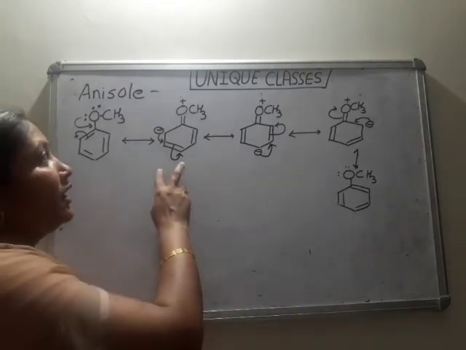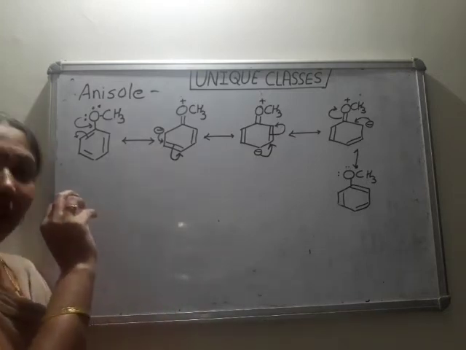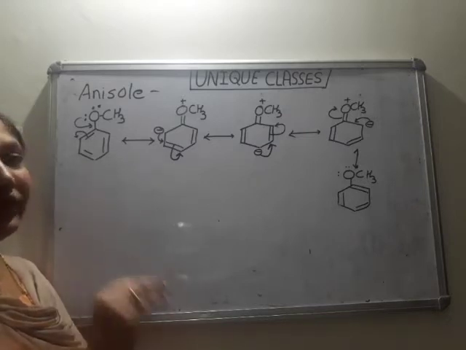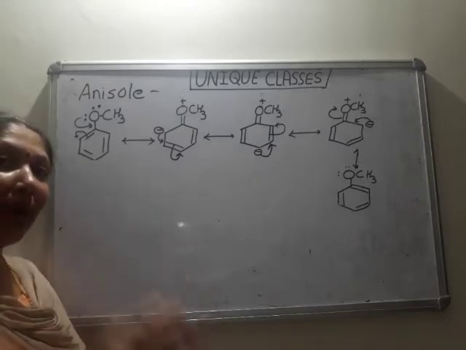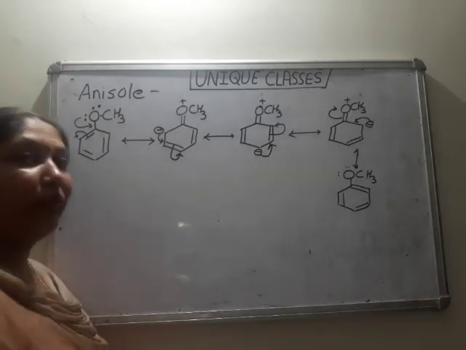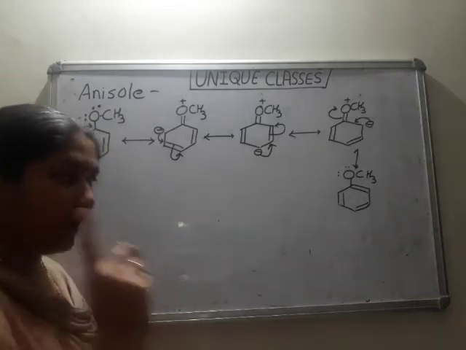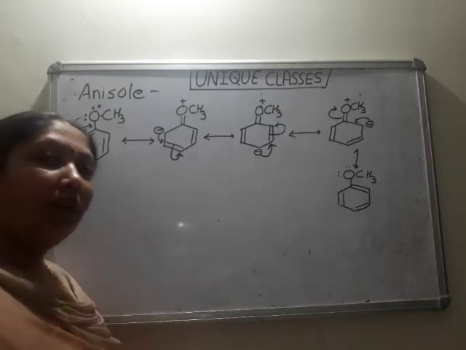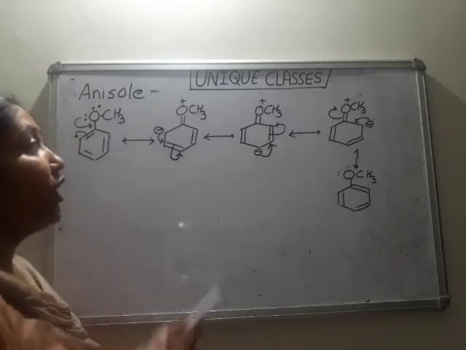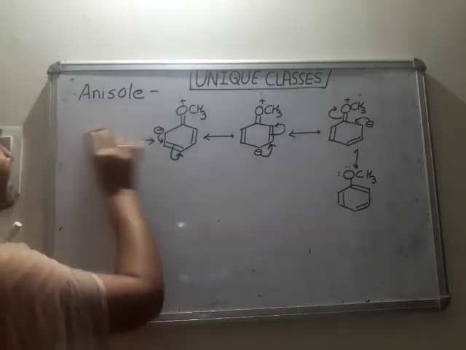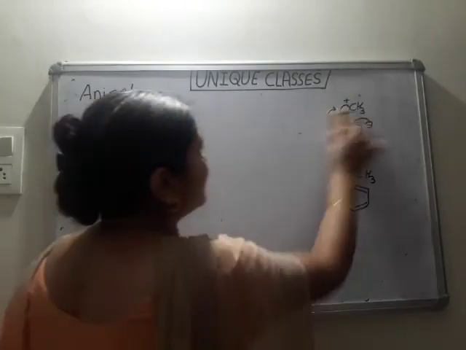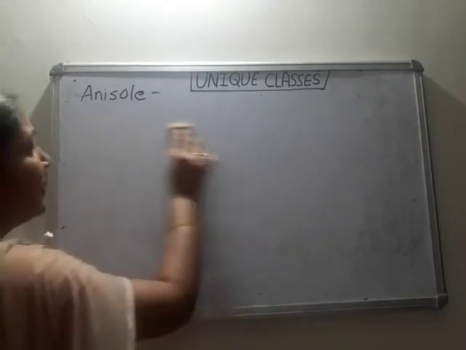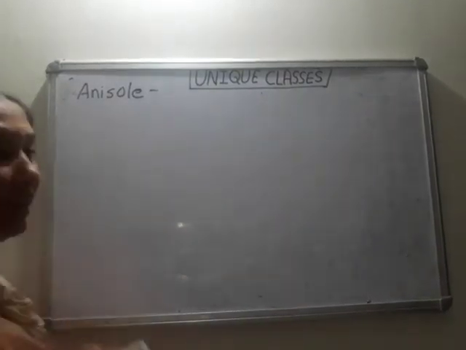So OCH3 in anisole is ortho-para directing. Okay, so always we get products as ortho and para substituted anisole. And of course, which is major? Para. Yes, due to less steric hindrance, less crowding, para is stable. Now what are the reactions shown by these anisoles that we will discuss? Only 3 reactions are there. One is bromination, second is nitration, and third one is Friedel-Crafts reaction.